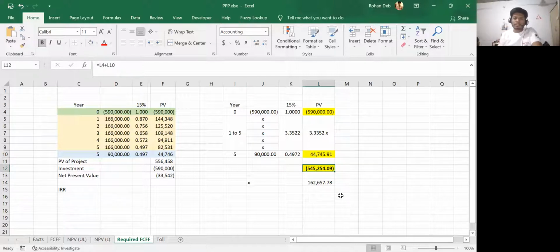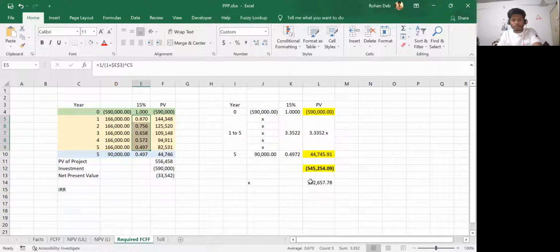So what I'm trying to figure out is, what is that X amount of money that I want to earn every year, so that at the end of each year I break even. Basically it's the minimum amount of money that I need for this project to be a success. So I'm assuming the value to be X, and for each year I've taken the present value, added them up, that comes to